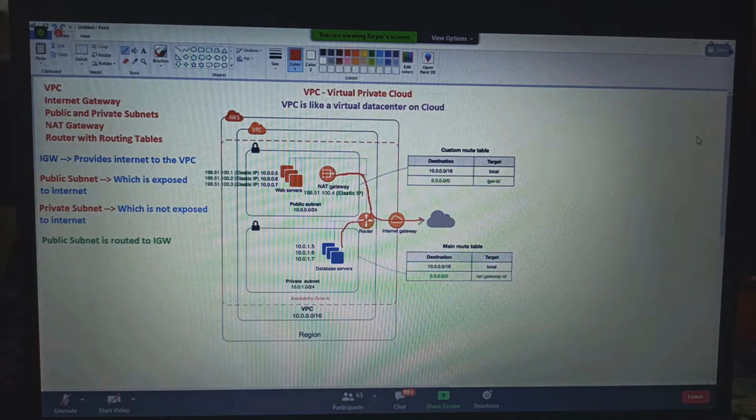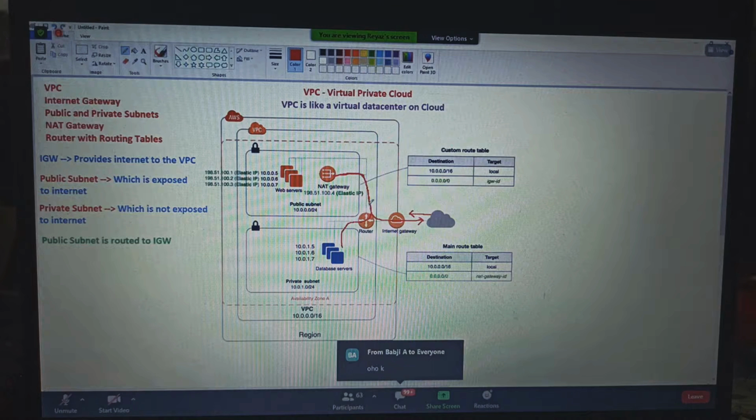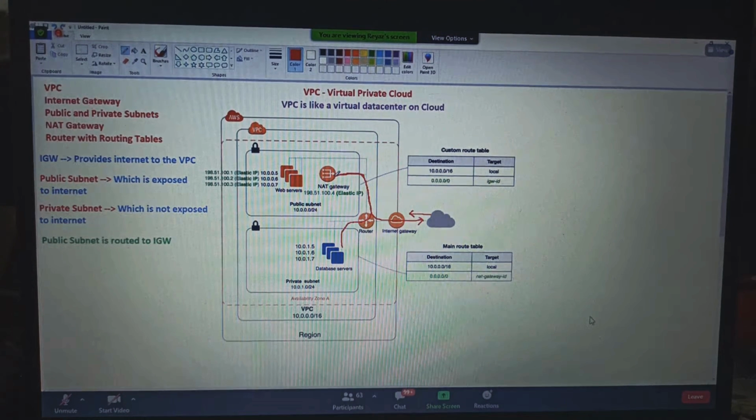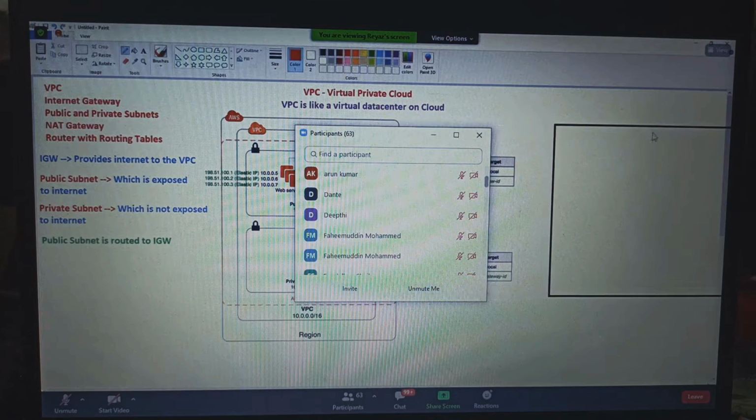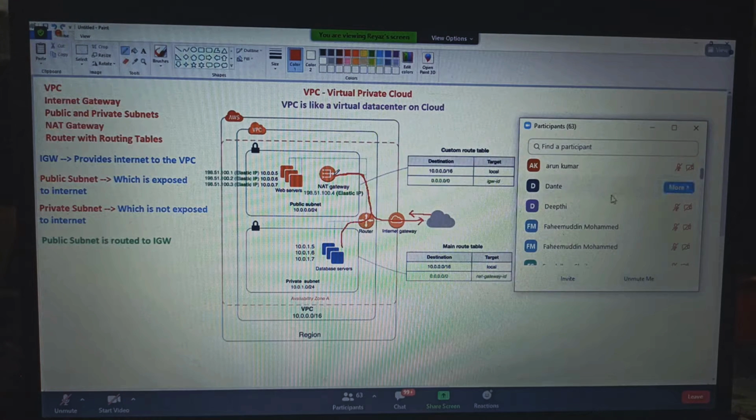Whatever request comes from outside, if, for example, a hacker starts hacking, it will come to the internet gateway and then to the NAT gateway, because the NAT gateway is the one that translated the IP address. The hacker will not understand, because that is the public IP address generated by the NAT, and he doesn't know where to go.